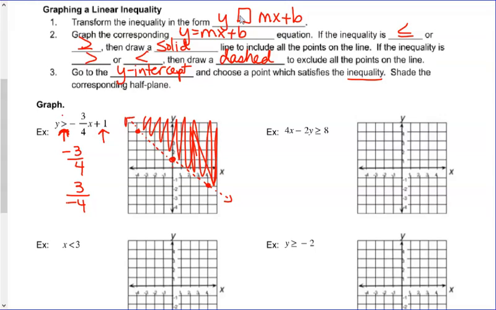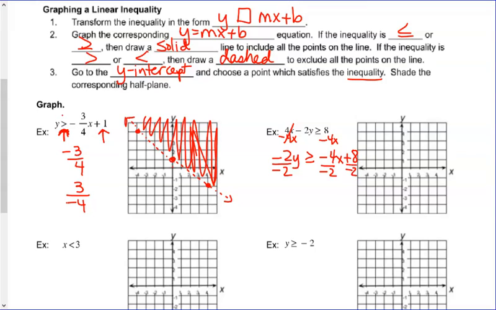This is definitely not in the form where y is by itself. So let's go ahead and get y by itself. I'm going to subtract 4x, and I get negative 2y greater than or equal to negative 4x plus 8. Make sure you write the x coming first, then the number. And now I need to get y by itself by dividing by the number next to the letter, which is